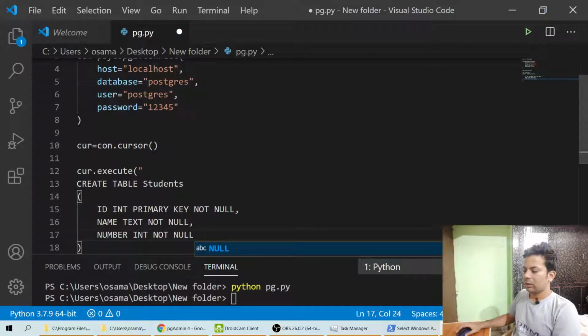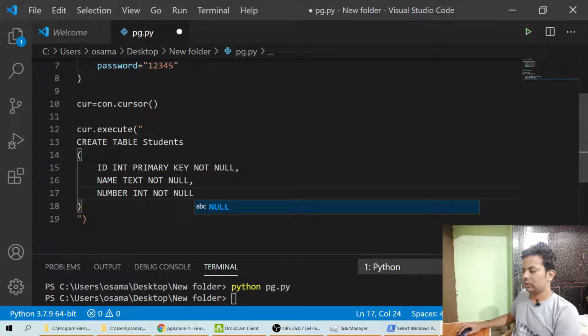Okay, so see what I'm doing here. I'm telling it to create a table students. Under that, make a table. In that table, make a column known as ID, another column known as name, and another column known as number.